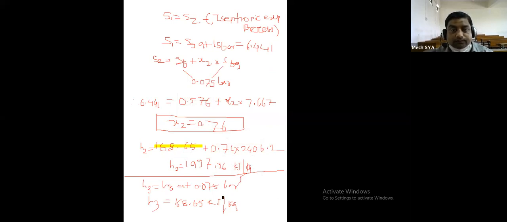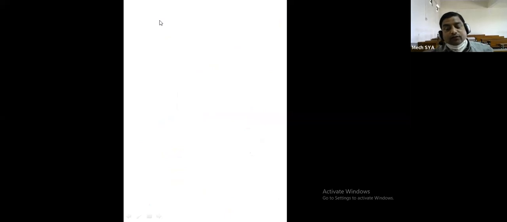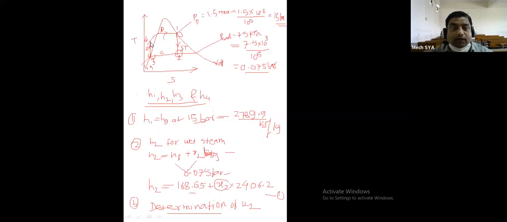Okay. Now we have to calculate H4. But if you see the H4 point, it is neither on the liquid line nor on the vapor line, nor in the superheated zone. It is a subcooled region, and the steam table is unable to give values in a subcooled region. It gives values on the liquid line, in the wet region, the saturated curve, the vapor line, and afterwards superheated. Subcooled properties cannot be calculated with the help of the steam table, but we have one equation.